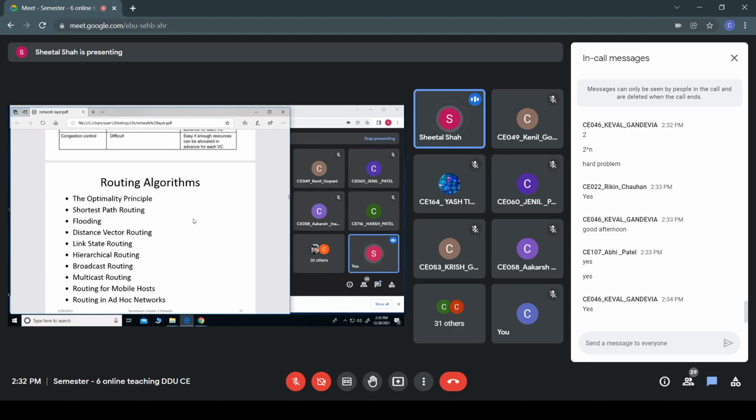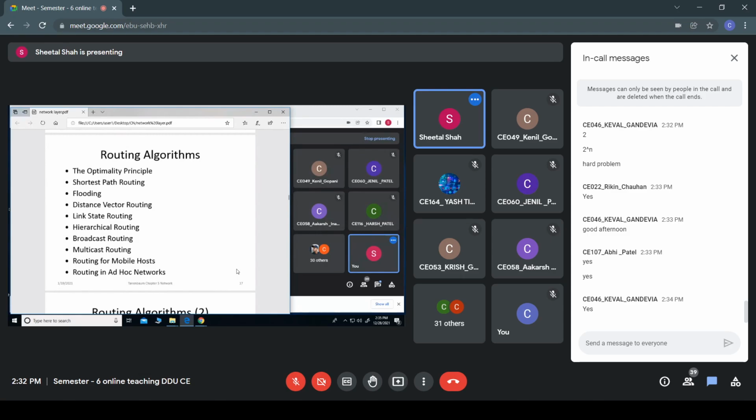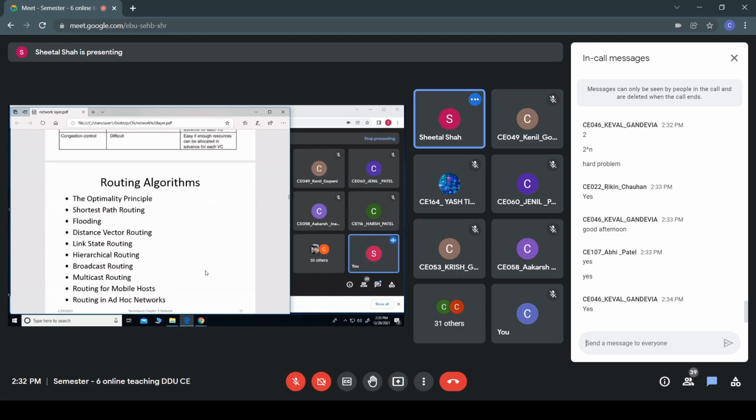We have already learned about forwarding and aggregation. What is forwarding?